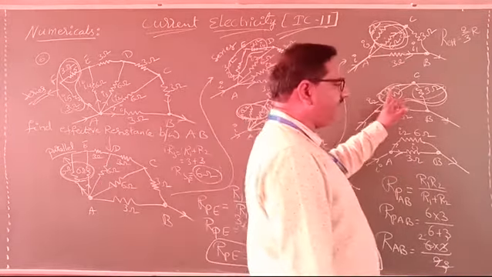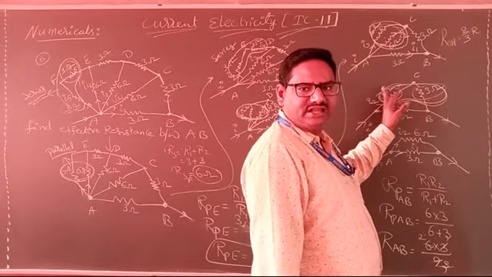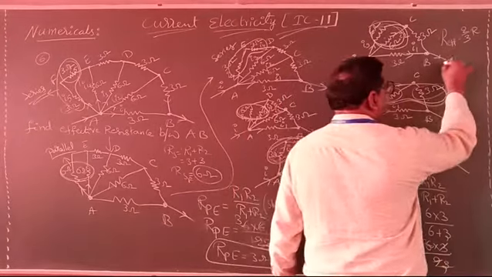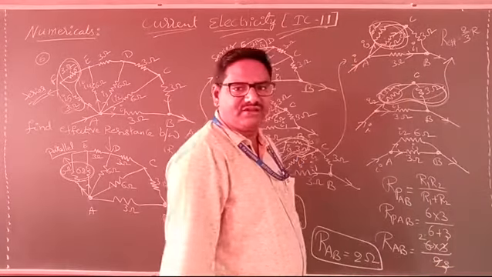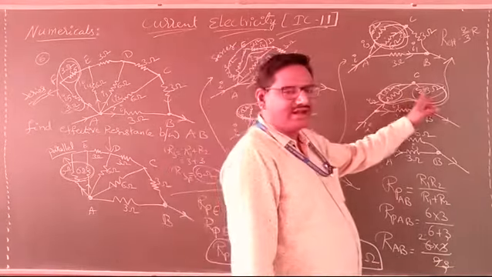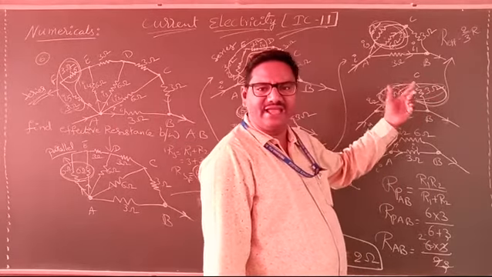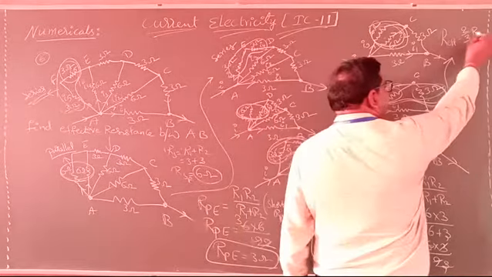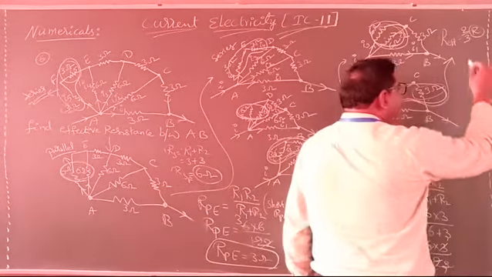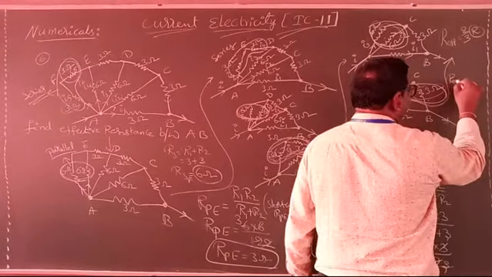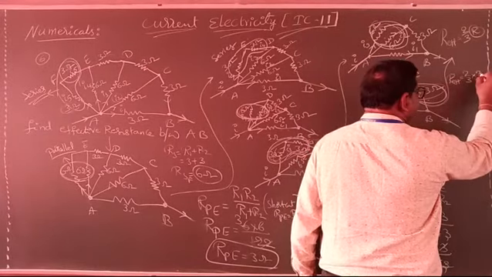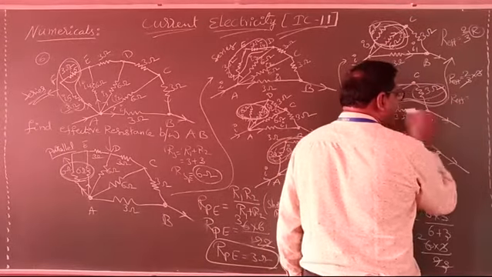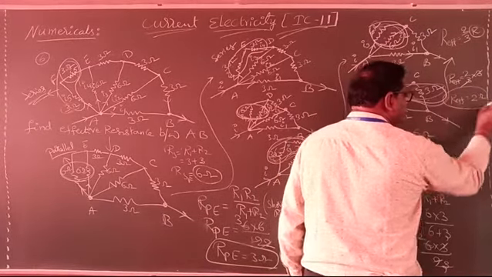Now the R value here is equal, 3. Do you understand? Directly from here I want to write it as a shortcut. Do you follow clearly? After this, it is in triangle shape. In a triangle, what effective resistance can you write? 2 by 3 R, with R value 3. So R effective equals 2 by 3 into 3. The 3 gets cancelled. So the final answer, R effective between A and B, is 2 ohms.